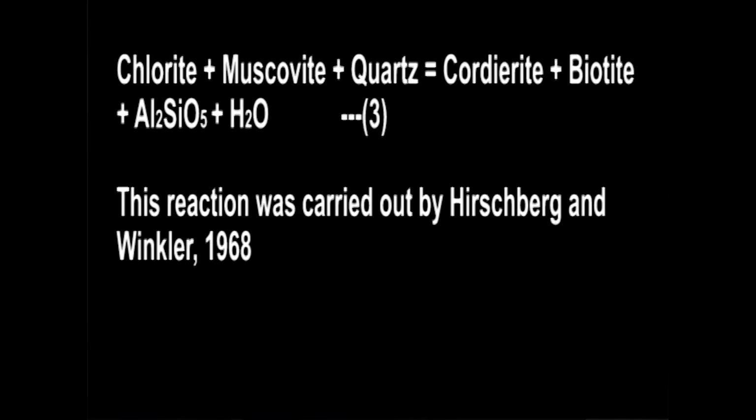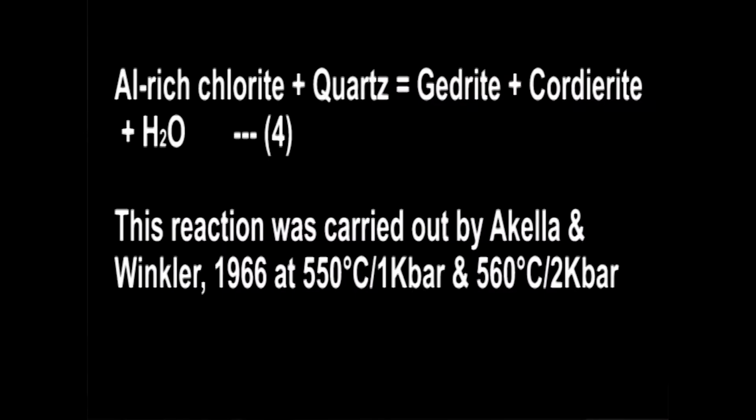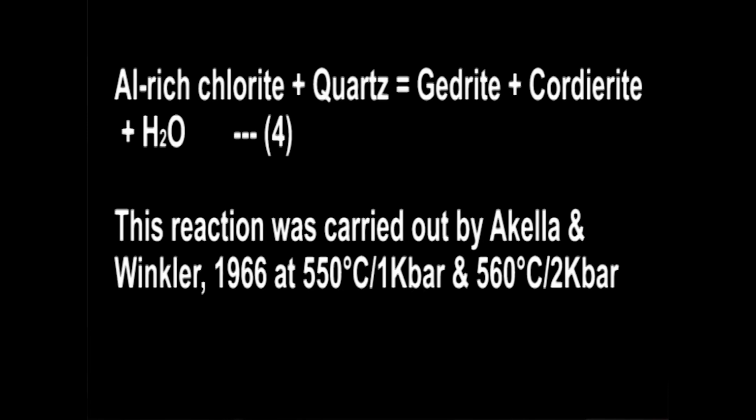Upper temperature limit. The upper temperature limit can be shown by the following reactions. Reaction 1, chlorite plus muscovite plus quartz give rise to cordierite plus biotite plus aluminosilicate plus water. This reaction was carried out by Hoschek and Winkler in 1968. Another reaction is Al-rich chlorite plus quartz give rise to gedrite plus cordierite plus water. This reaction was carried out by Akella and Winkler